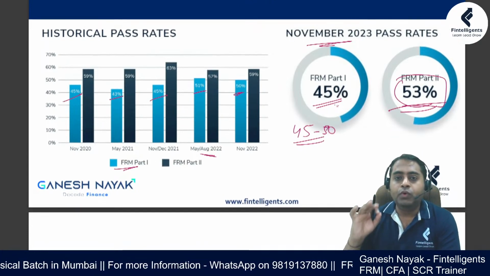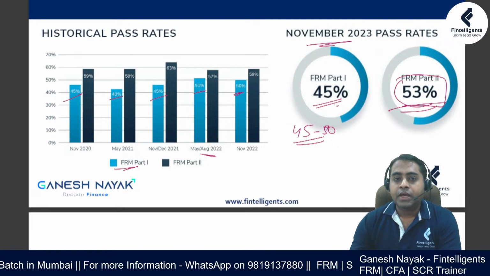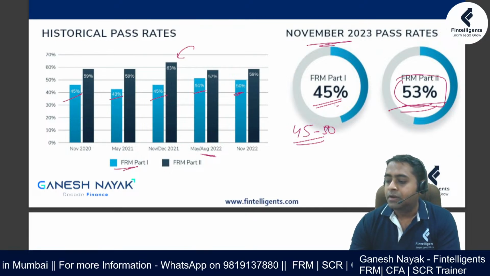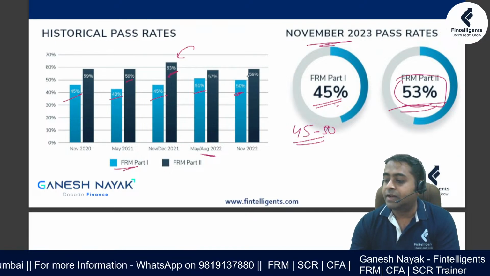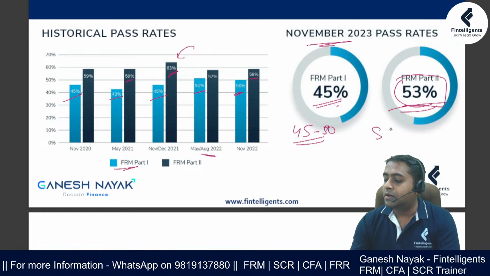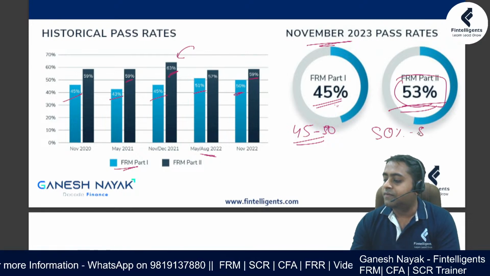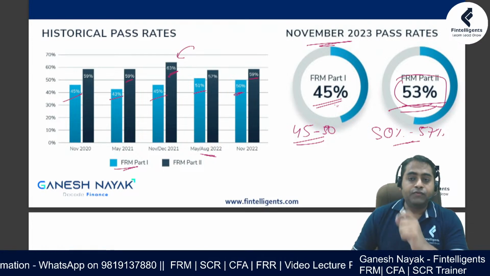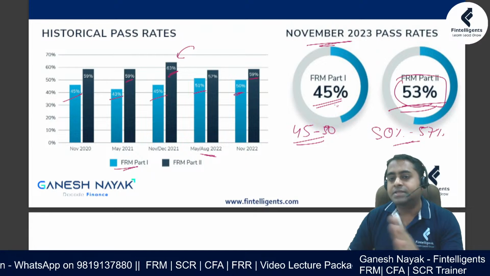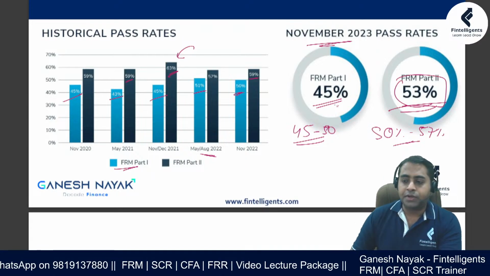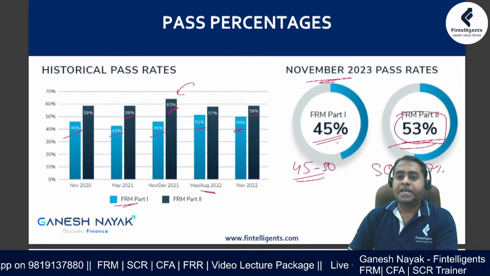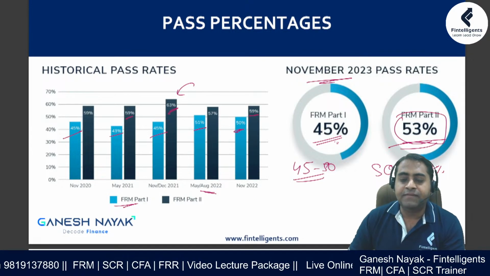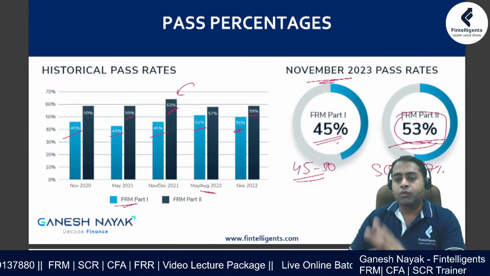Okay, and if you look at level 2, historically it has also gone up to 63%, 49%. So it is between 50 to 57%, that is the average that we see. So it's a good number. A lot of students can easily clear level 2 if they just consistently prepare and consistently solve all the questions. So this pass percentage, I hope everybody gets a very good view of how the overall trend of the